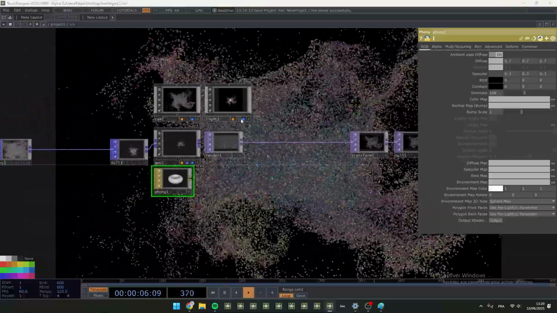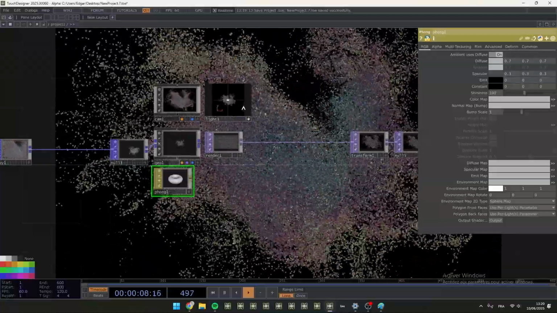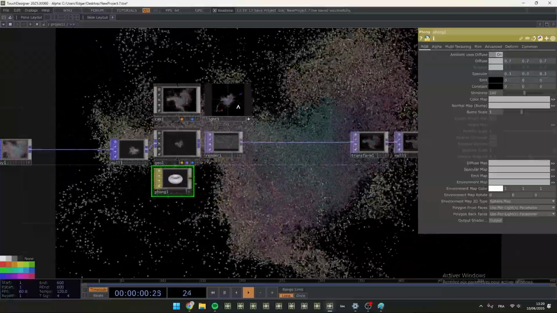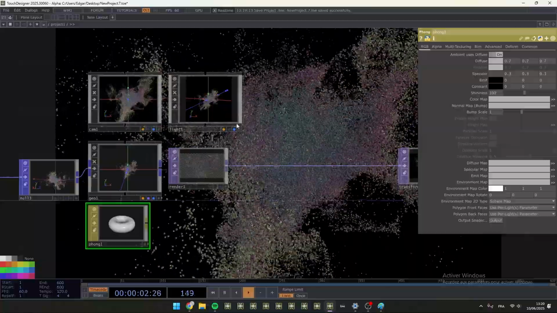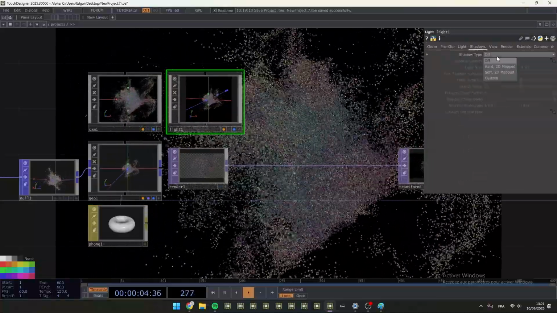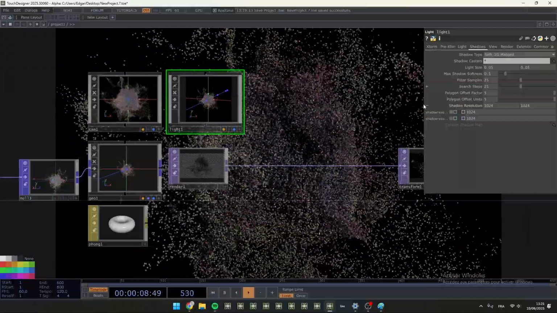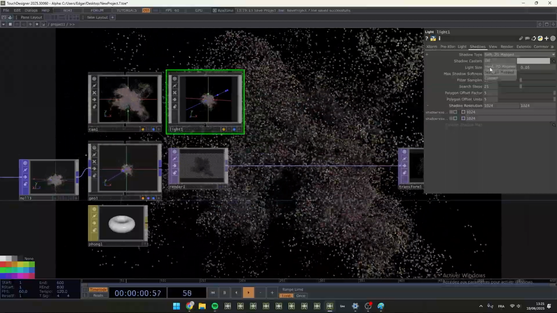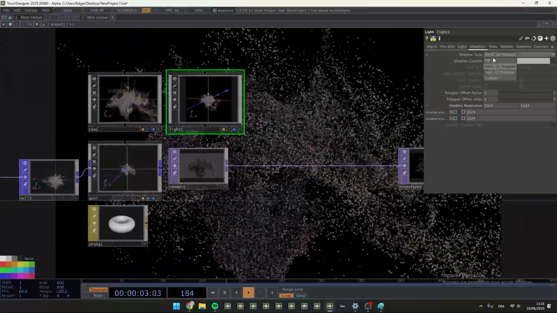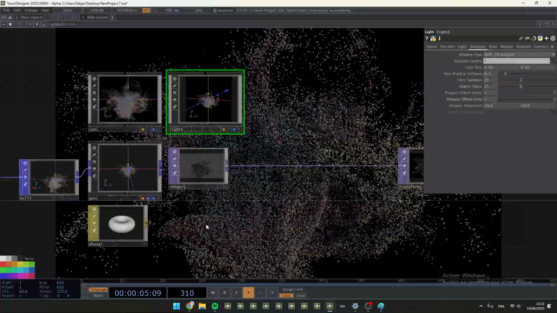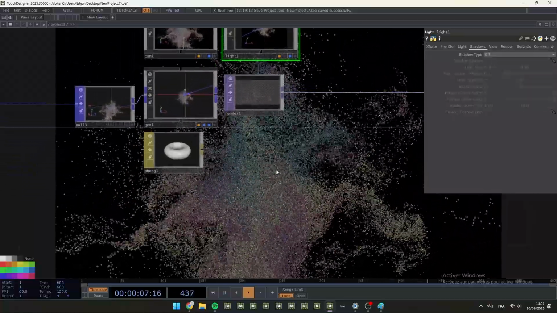And we're gonna move the light, sorry. And I want to have shadows. So I'm gonna use soft shadows. If it's complicated for your computer, again, choose hard or off shadows. And if you use off shadows,